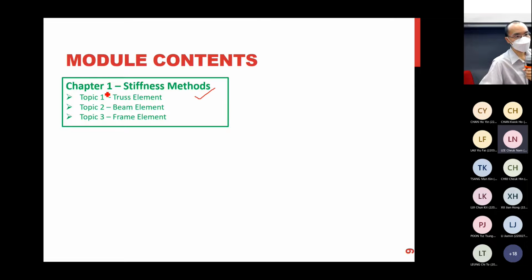Topic 1, that means today, we will discuss truss. Truss perhaps is the simplest element we can start with. And then maybe next week, I think next week we are still talking about topic 1. In week 3, suppose we can move on to topic 2, beam element. Similar concept, but we change our target. And then finally,